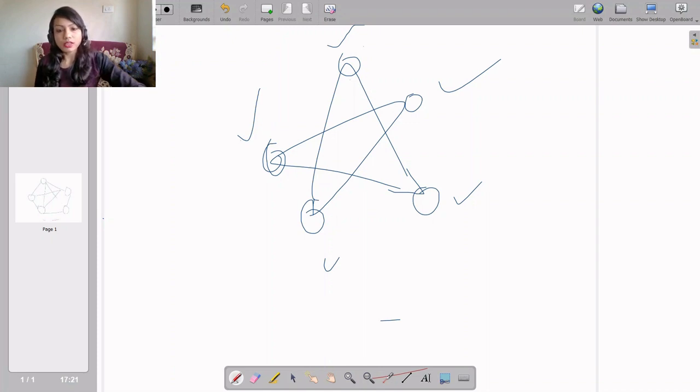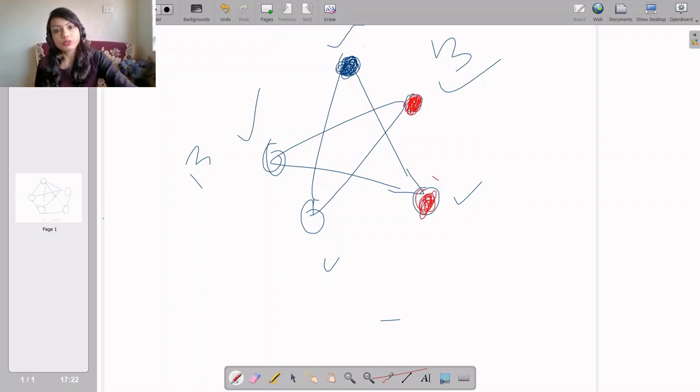Maybe I'll start with blue here. So I'll color this vertex with blue. Then I cannot have blue here, and I cannot have blue here. So maybe I'll use red here. So I've used red here. So I cannot use red here, and I cannot use red here. But I can use red here, since this is not adjacent.